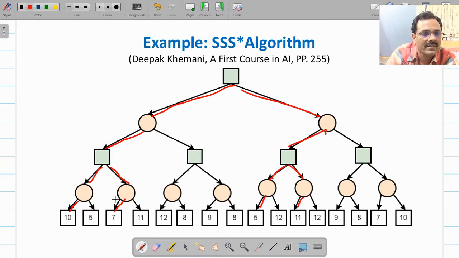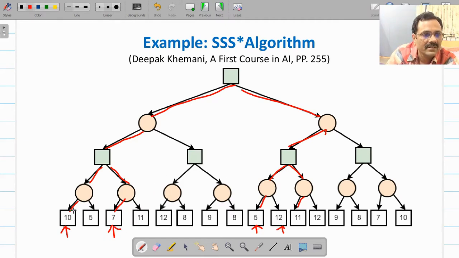Not necessary, you can select the rightmost also. Instead of this left branch, you can select the right branch also. So 4 nodes: these are nodes with evaluation values 10, 7, 5 and 12. So they now represent 8 clusters.